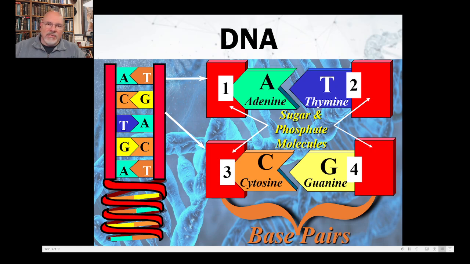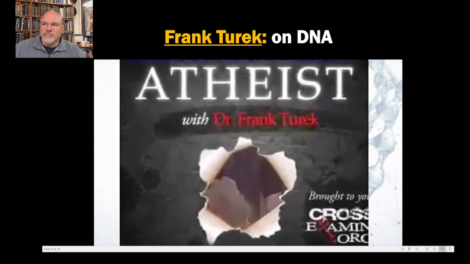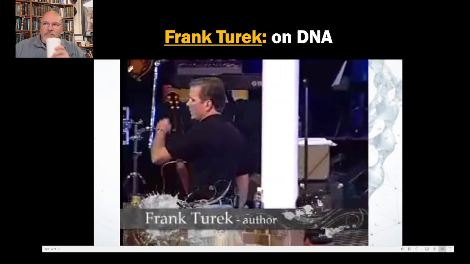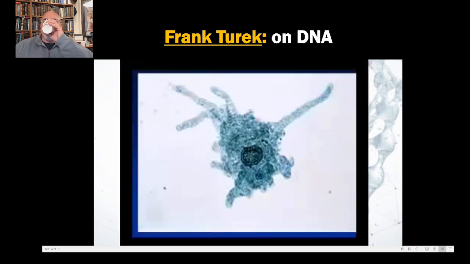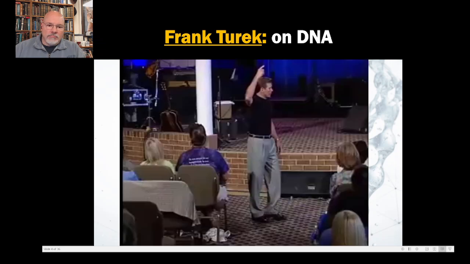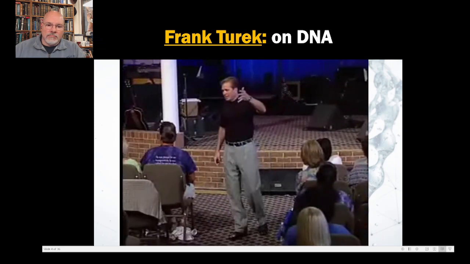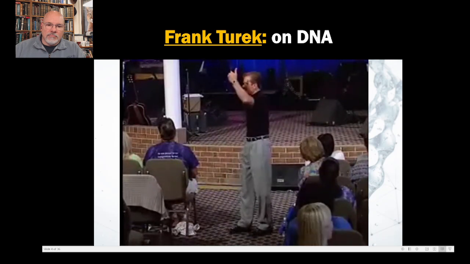He does a good job in going through all the pieces on this. So let's hear him. Not only is the universe amazing, but so are you. You know what this is? This is a one-celled amoeba. This is the amoeba that the Darwinists say we all evolved from. You heard of the theory of macroevolution? From the goo to you via the zoo? This is the goo. Or from the infantile to the reptile to the crocodile to the gentile? This is the infantile.